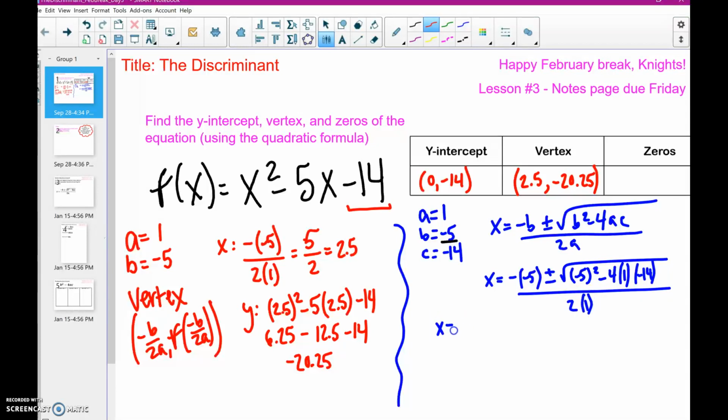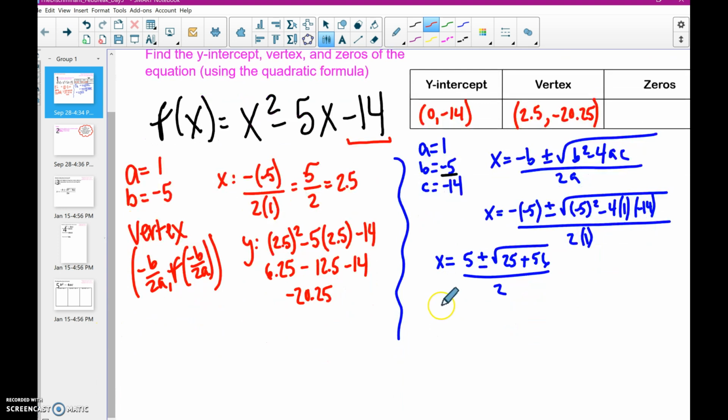Let's do some simplification here. So negative 5 is positive 5, plus or minus the square root of 25 minus that quantity 4 times negative 14 times 1, which is negative 56. But since we're already subtracting, we can just change that to positive 56 over 2. Simplifying our square root just a little more, we've got 5 plus or minus the square root of 25 plus 56, which is 81,